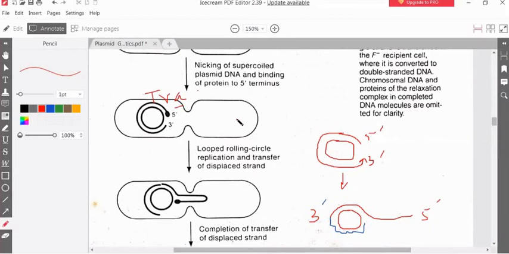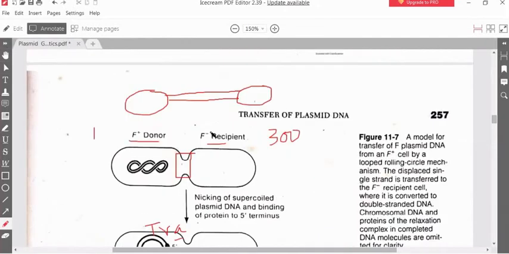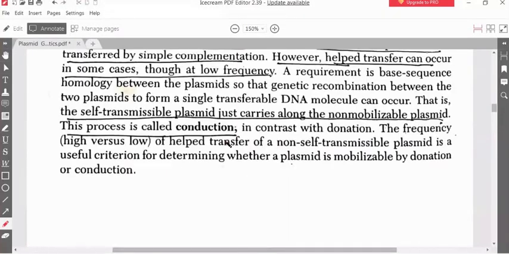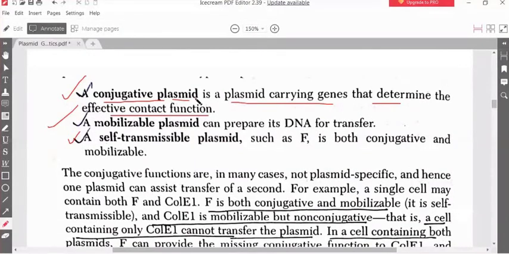So if a plasmid has the tra origin, it is called a mobilizable plasmid. You have to consider this thing. We are taking the example of mobilizable and conjugative plasmid. We have already explained what a conjugative plasmid means: a plasmid that can make that particular pilus, which is the essential thing. And after formation of the pilus, they have to make a nick and transfer the plasmid to a recipient cell. If they can make a nick, that means they have a protein that can make a nick and can transfer that particular DNA from donor bacteria to recipient bacteria. That particular plasmid is called a mobilizable plasmid.